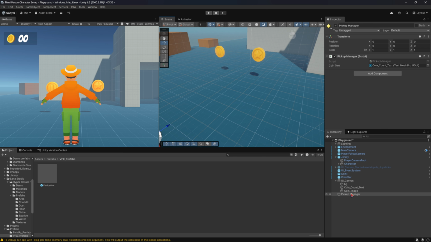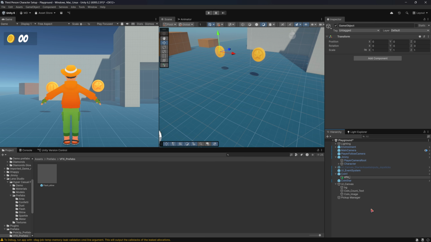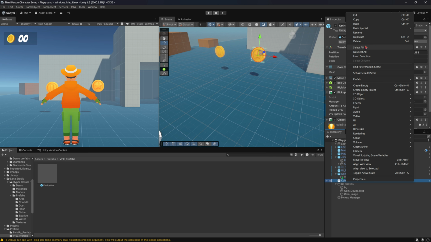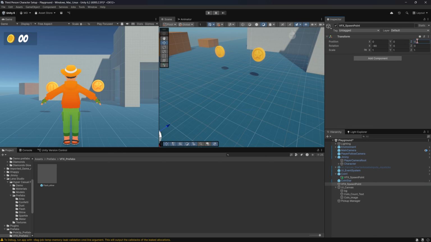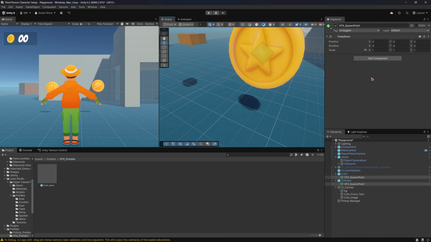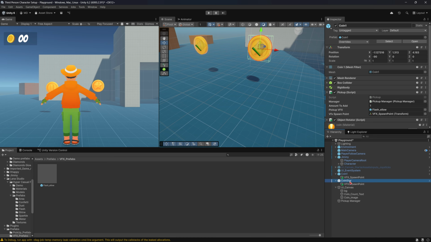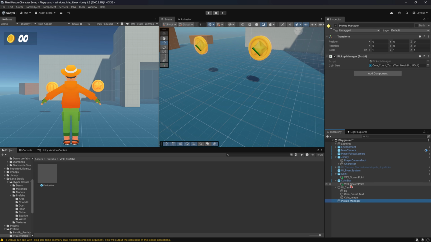For that, we'll add an empty child game object to our coin. Name it VFX spawn point, reset its position, rotate it -90 on the X-axis, and drag the spawn point onto the coin. Save, hit play,